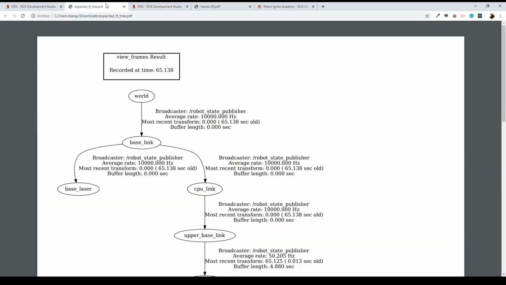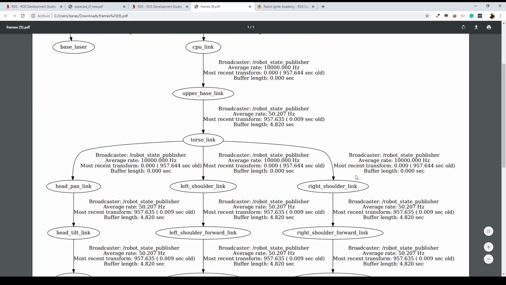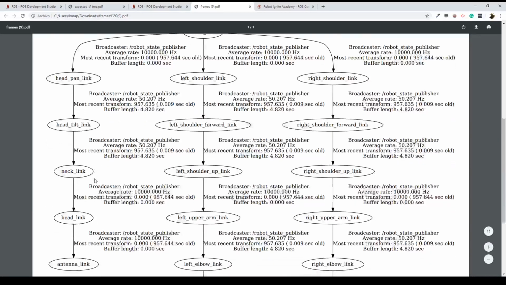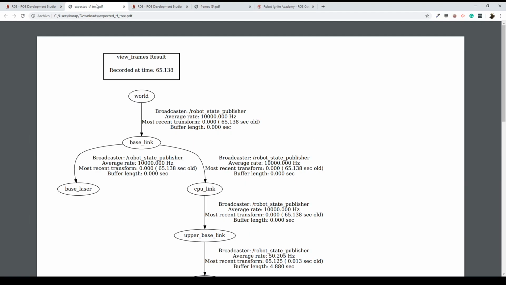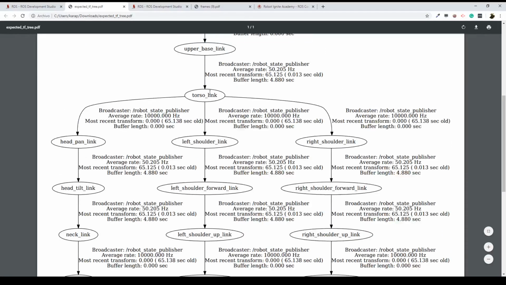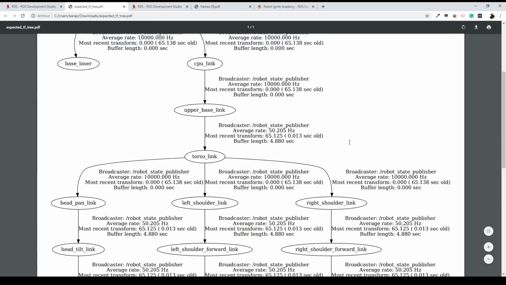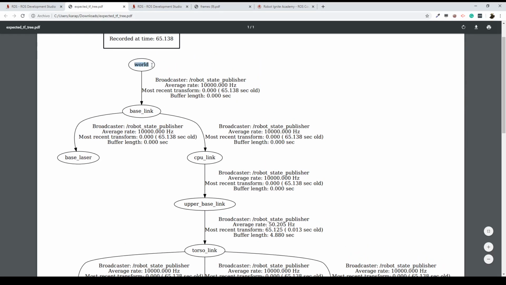So I can see in my current one, everything is starting from the base link, which goes to the CPU, upper base link, torso, the shoulders, the head, and it ends here in the hands, yes? So here it's almost the same. We can see that it ends in the hands. We have the torso, the head, the shoulders, upper base, CPU, base link, but all of this is connected to